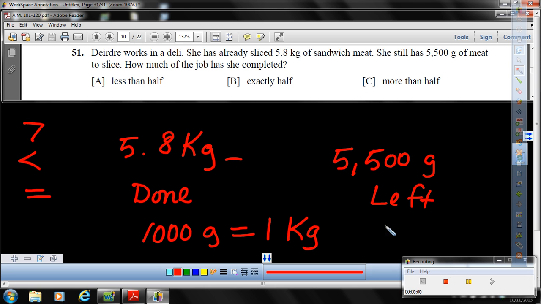Alright, now if we go from large units like kilograms and we multiply them to make them become smaller units, we'll have a larger number, and vice versa. If we go over to smaller units and we want to convert them into larger units, we would divide. So we would either divide this by 1,000 or multiply this by 1,000. I think the easiest thing for me to do would be to multiply this by 1,000. So I'm going to take 1,000 times 5.8,